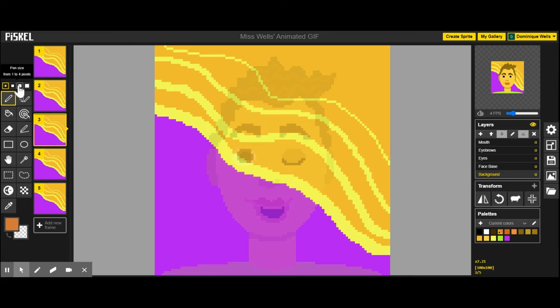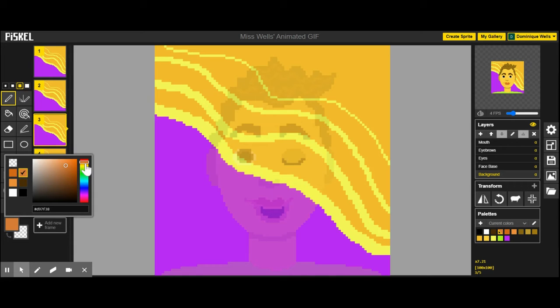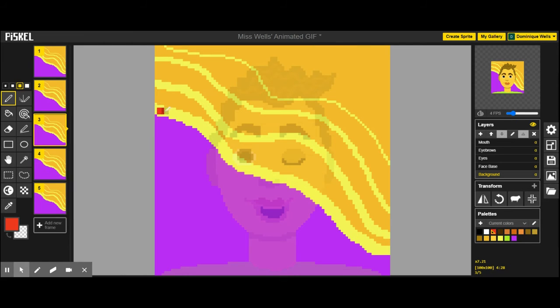Okay, so I'm going to be working pretty quickly. So what I'm just going to do is put in my version of some Ben-Day dots so it looks like they're moving across the image. You can do it so it looks like your explosion is exploding or the stars are moving or you've got speech bubbles. It's completely up to you. So I'm just using a large pen tool and I'm putting some dots just in this line nice and quickly. And then in the second frame, I'm going to,